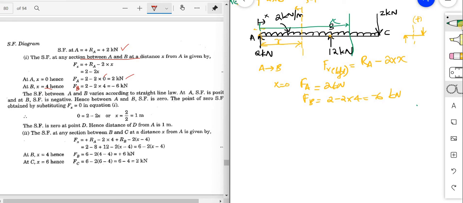From here I am taking, and the forces are taken again from this side only, in order to not make confusion. So between B and C, now Fx to the left I am taking. What are the forces that will be acting?